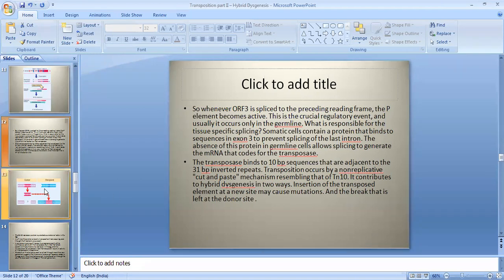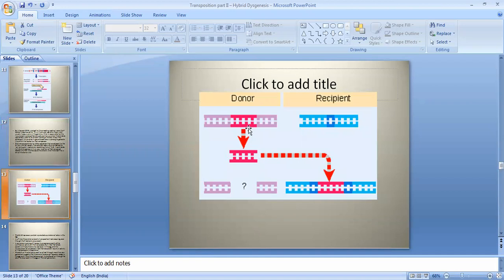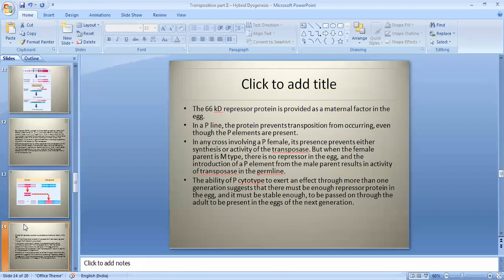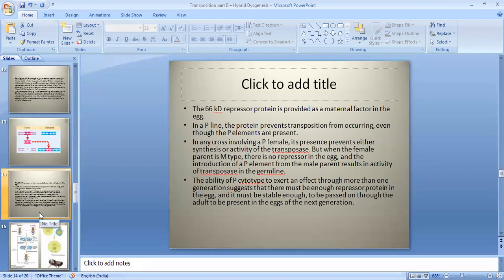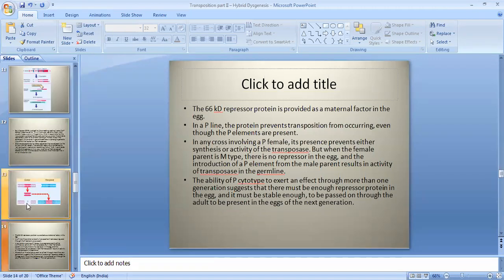When it is removed from the donor site, you see a gap is produced. So this is also called chromosomal breakage, DNA breakage. But sometimes this breakage is filled up through recombination. If it is not filled up, then this will remain. So in two ways: